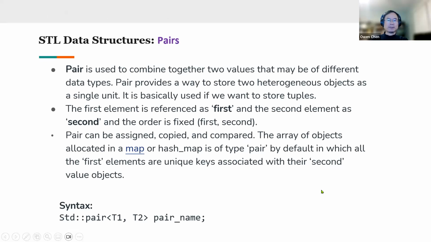Okay, what is a pair in this STL data structure? A pair data structure just puts two variables together. Typically they are the same data type, or they could be different data types. I put the different data types, pair them together. Why do you need to do that? You want to put the two variables together,